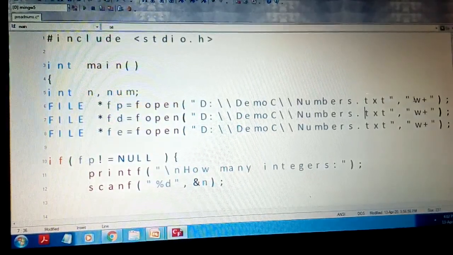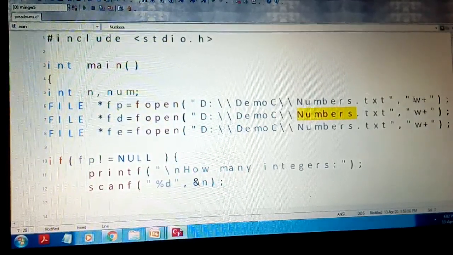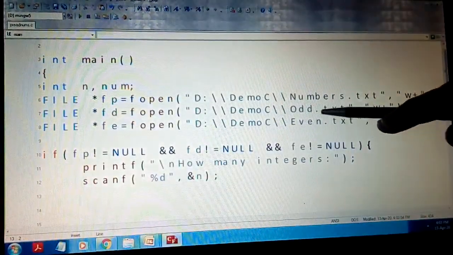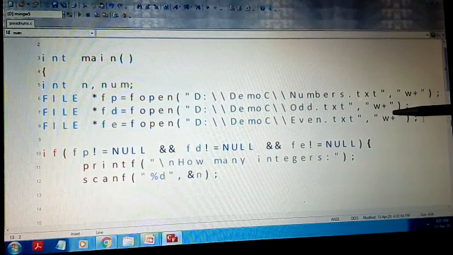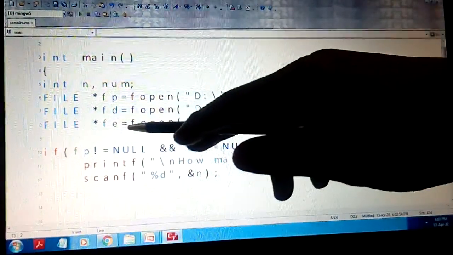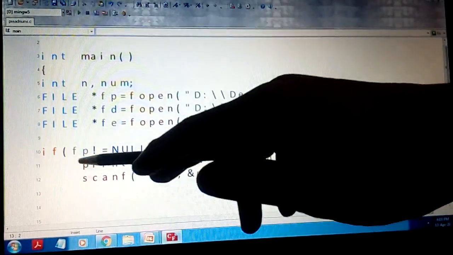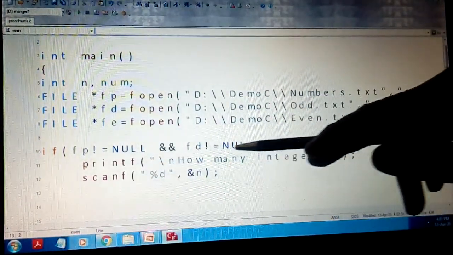Let us change these names. So fd is pointing to odd.txt in write mode, and fe is pointing to the even.txt in write mode, and the 3 pointers have been checked here with AND condition.